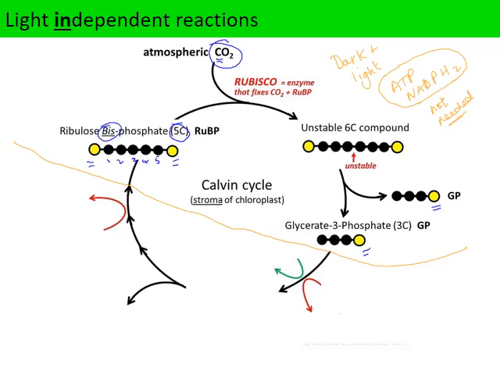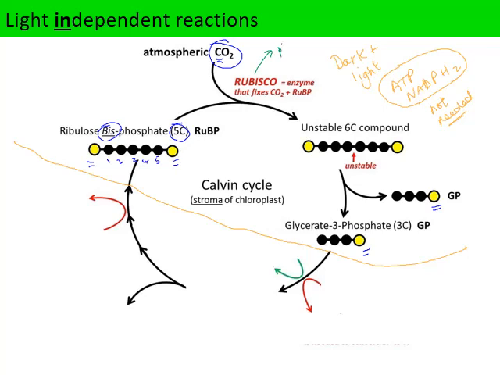Now, rubisco is probably the most abundant enzyme on the planet, and we know it preferentially binds or successfully collides with carbon dioxide into its active site with ribulose bisphosphate. It can also successfully collide with oxygen, which fits into the active site. And if the concentration of oxygen is much higher than CO2, then what we end up with is a process